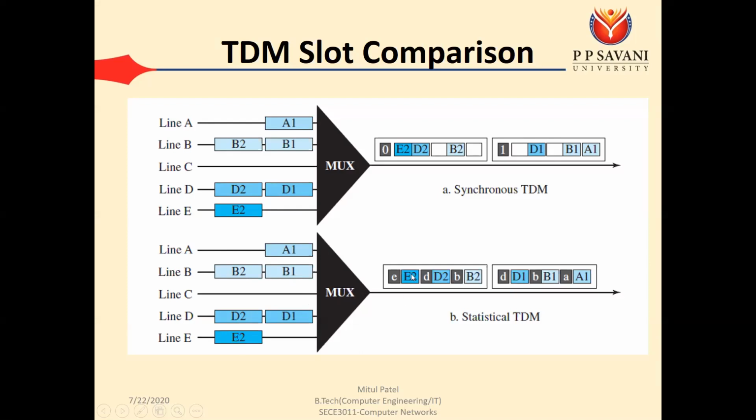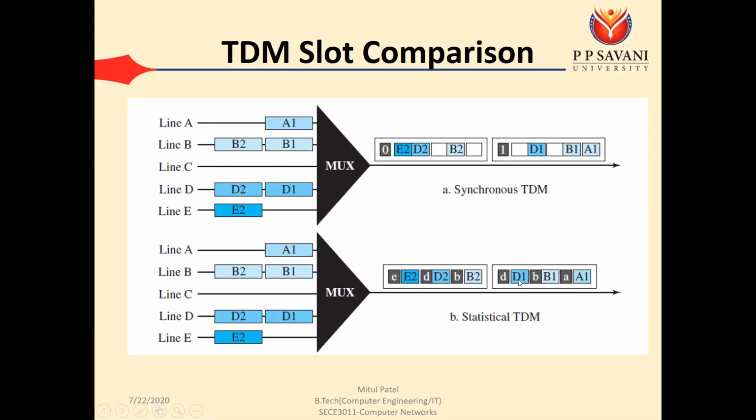Now if you are following the statistical TDM, then it will create one problem. Here in our frame we had created 5 slots. Now when this data reaches the output side, at that time we can easily distinguish between the different channels: the first slot's data is for A, the second is for B, the third for C, the fourth for D and the fifth for E. Same way for the second frame. But here there is one problem: nothing is allocated for the third slot. We have directly allocated this slot for D1, so A1, B1 and D1.